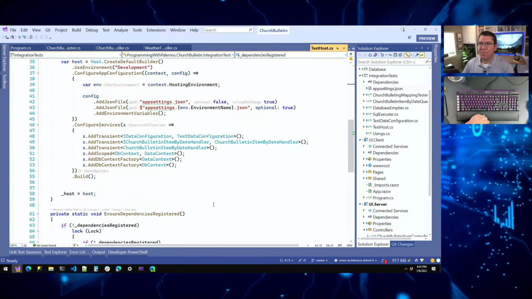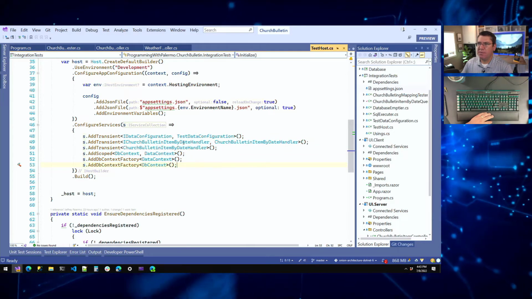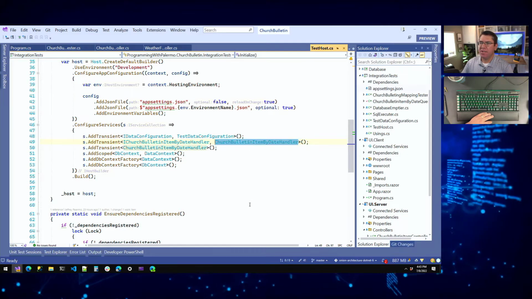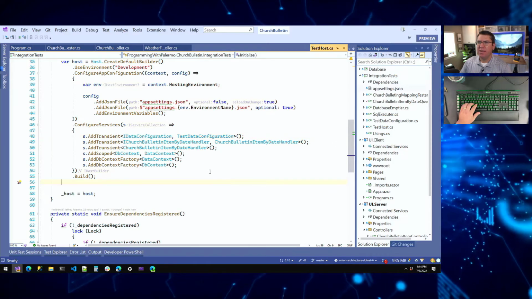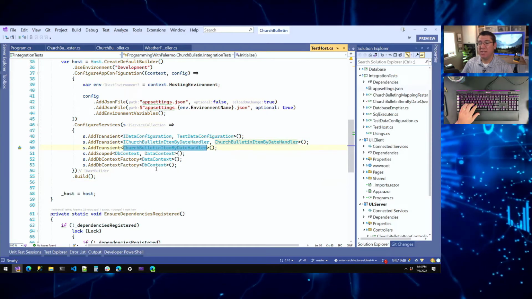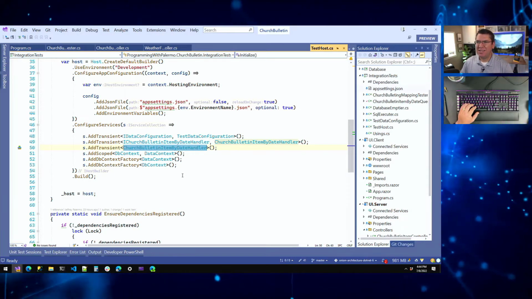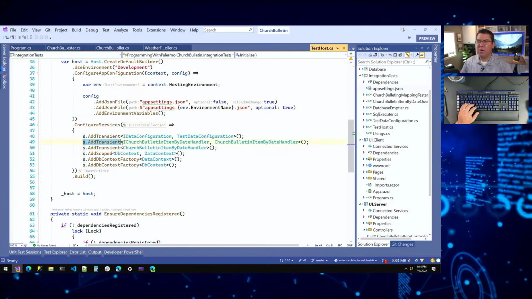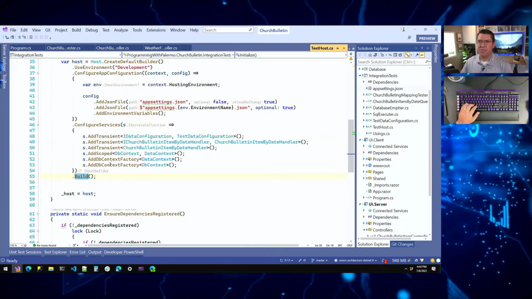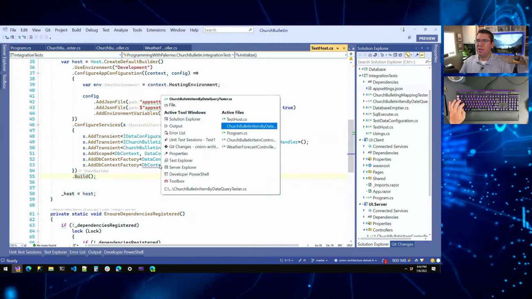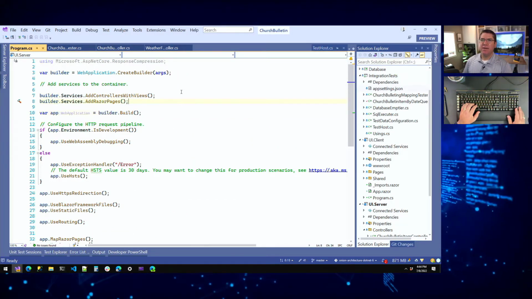All right. So these are what we need to add just to be able to ask for the interface and then get the particular class that implements the interface. We don't need this one obviously because it's about test data. And we actually don't even need this because in our user interface, we don't even know that this exists because we don't even have, so the only thing that we need is this right here, I think. And then of course, after it builds, so this stuff needs to happen before build. So why don't we give it a shot to see if that's the only thing that we need to add